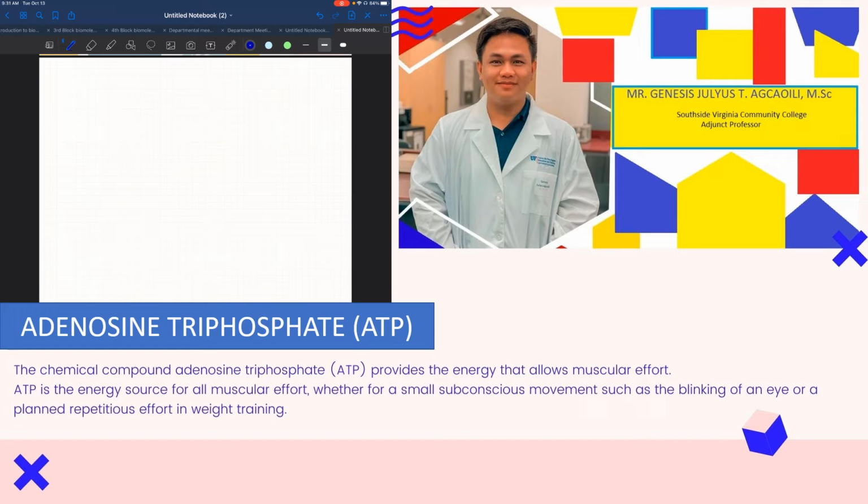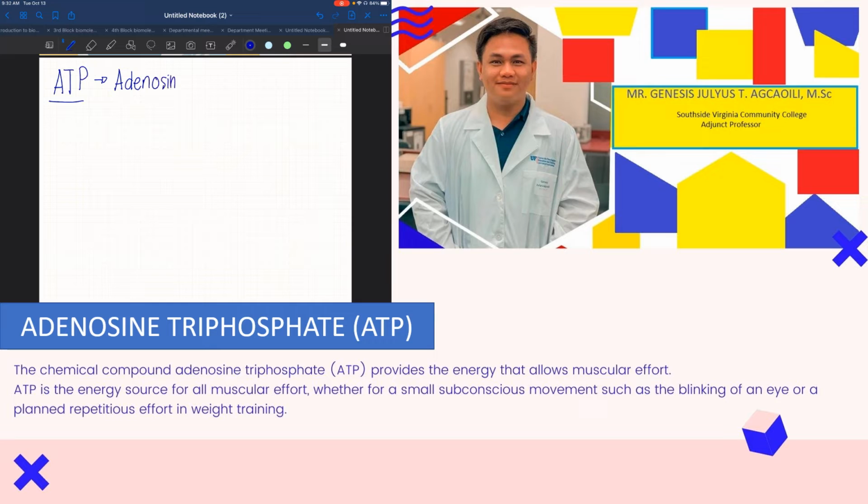Hello, everyone. I am going to share with you a very important molecule inside your body that permits you to move, do extraneous, or even regular work in your everyday life. And that molecule, we call that one as an ATP molecule. Now, what does the word ATP mean? ATP stands for